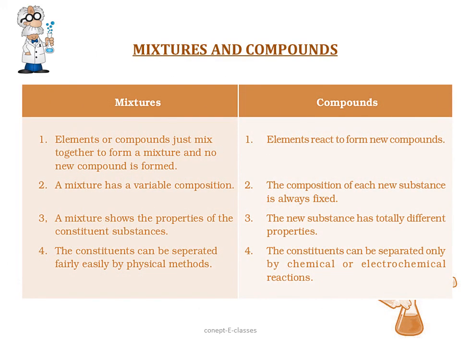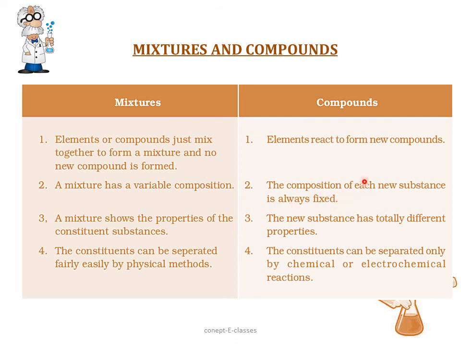Now let's see the difference between mixtures and compounds. Elements or compounds just mix together to form a mixture and no new compound is formed. That is, mixtures are formed by mixing two or more elements or compounds, whereas compounds are formed by the reaction between two or more elements. A mixture has a variable composition. Say for example, salt and water is a mixture. Salt and water do not have any particular ratio. The ratio of two or more substances may not be the same,